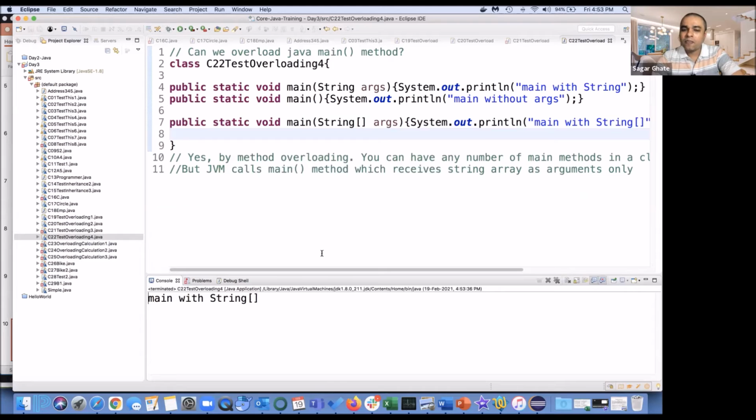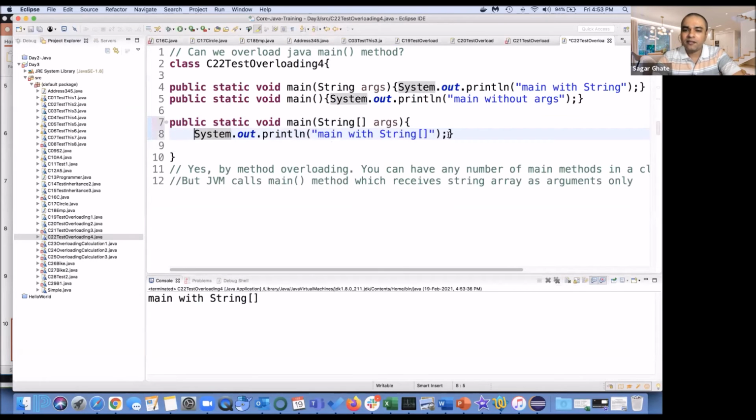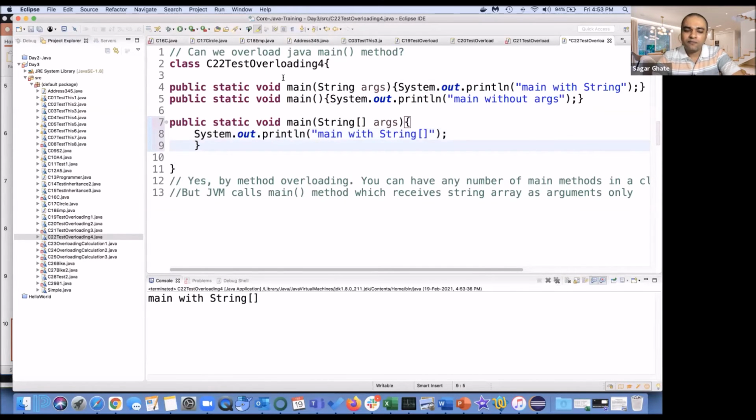it still works, because execution in a program always starts from the main method, correct? When your dot class is generated, it looks for the relevant main method. This is not, this is not, this is not. Once the execution of this main method is completed, control goes away and everything will be garbage collected. So these other methods are not used. Now we can call them, because this is a method only.